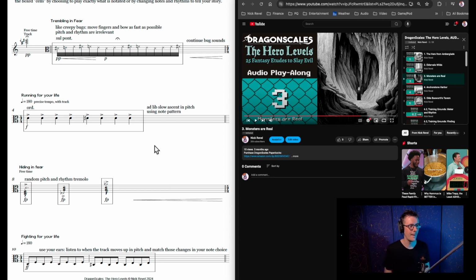Trembling in fear. Like creepy bugs, move fingers and bow as fast as possible. This is a very common sound in horror music, like in horror movie cinema soundtracks. You can do it anywhere on your instrument, on any string, but essentially you're just going to play one, tremolo, two, ponticello, and three, move your fingers fast in any